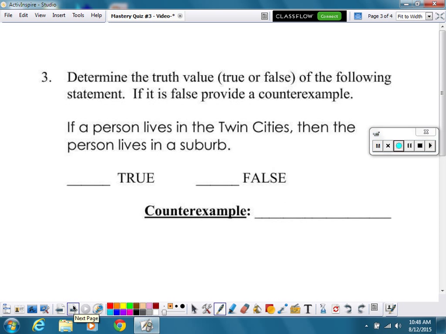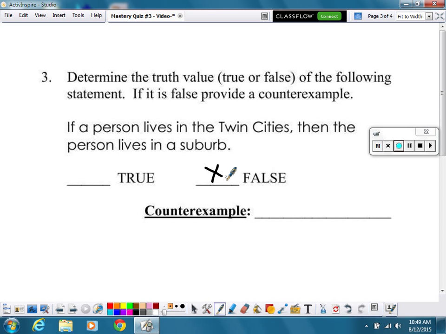All right, question number 3 has to do with reading a statement and deciding if it's true or false, and then if it is false, try to come up with a counterexample. Our statement here is, if a person lives in the Twin Cities, then the person lives in a suburb. Take a minute and think about that and try to understand what Twin Cities means. If you live in the Twin Cities area, does that mean you live in a suburb? The answer to that is false,